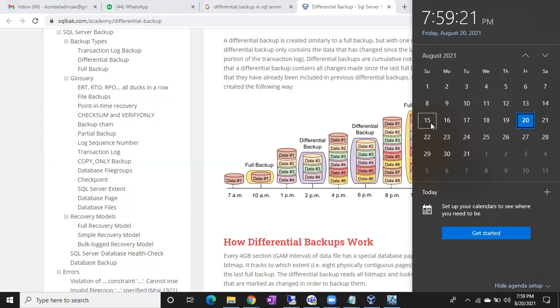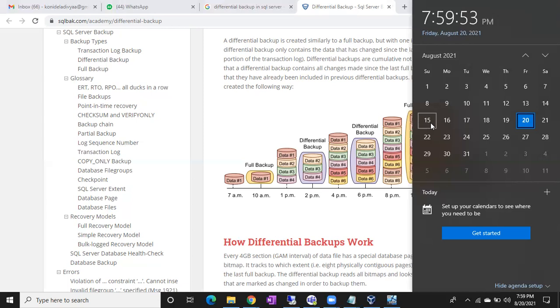Why? Because every transaction is important, guys. We have already discussed it. Each and every transaction is important. Like I told you, in Amazon, if you are buying something, imagine if your transaction is missing, you are not going to get the product. So each and every transaction is very important. You have to treat each and every transaction with that priority. So if we don't have backups, how can you recover the database till today evening at 6 p.m.?